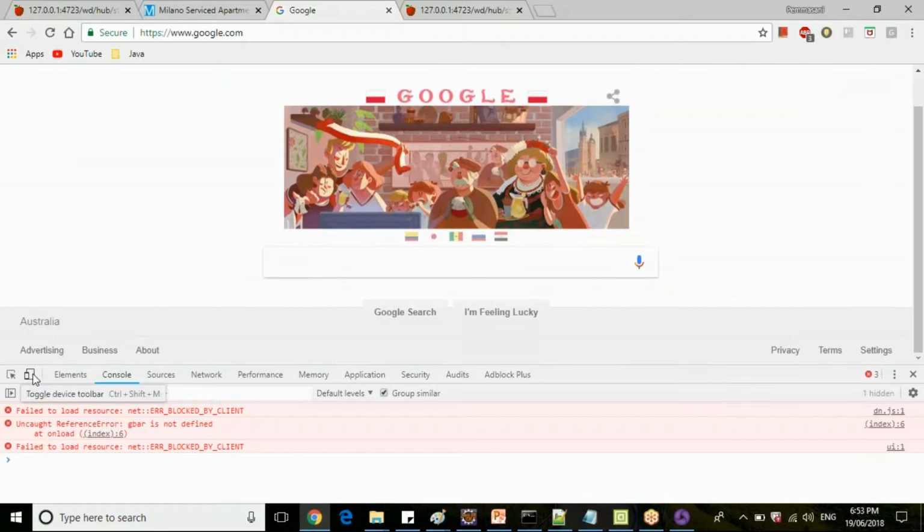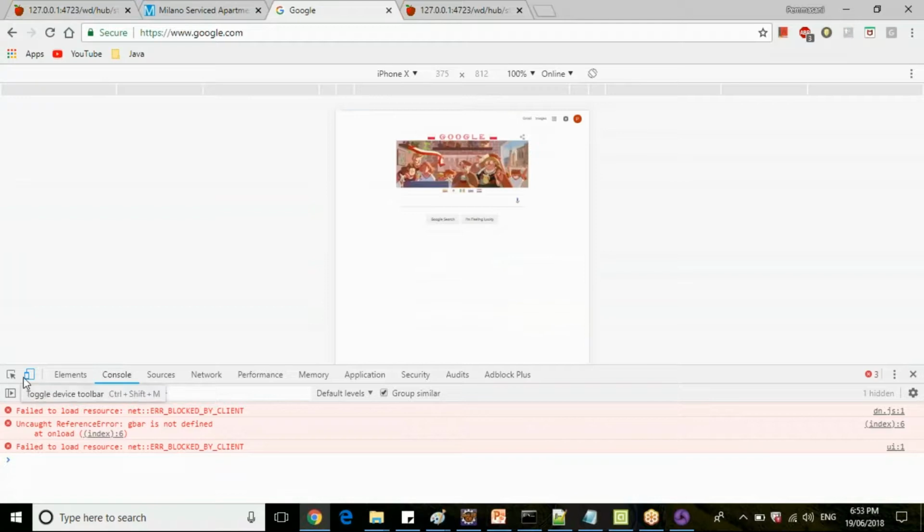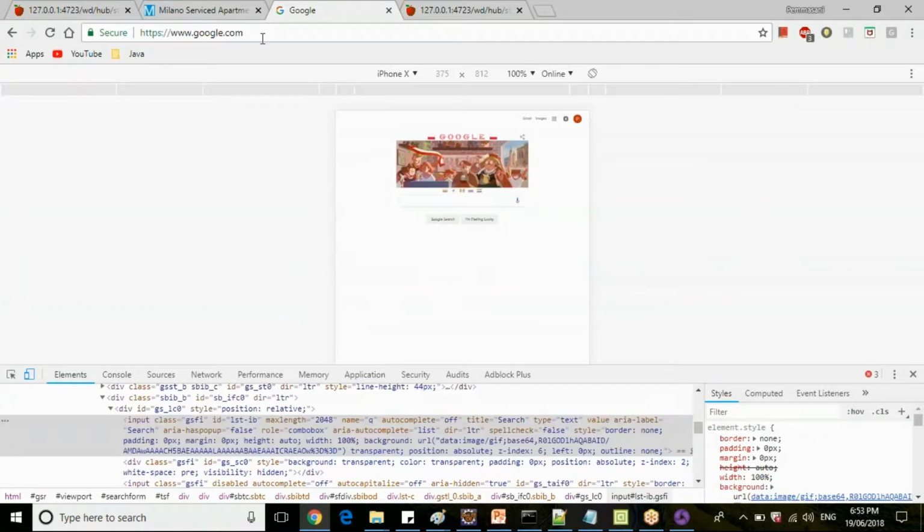The only thing is, select your mobile screen like this. If you're selecting iPhone X, this is the view your Chrome browser will load. So now inspect in mobile view, mobile mode, okay. Then copy the XPath.